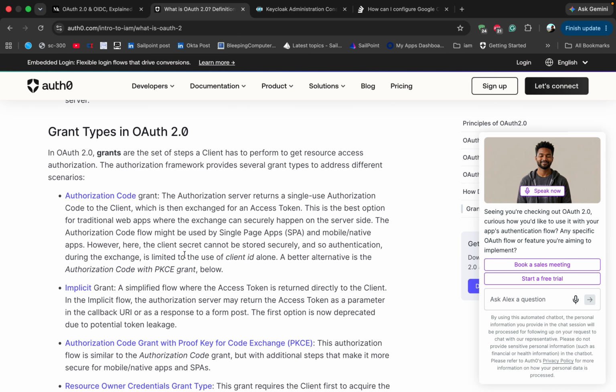Okay, so I'll summarize the grant types, but I'll be going deep dive into all of those grant types in OAuth 2.0. I'll go through the shortcomings of those grant types, when to use each one, and how it can be protected for better security control. One of the most popular grant types nowadays is the authorization code grant type. In the authorization code grant type,